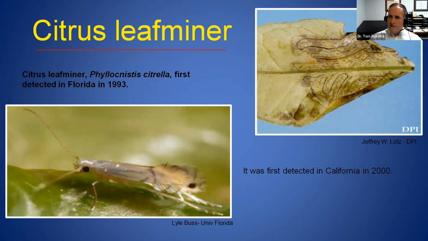After that, it was 1993 when the citrus leaf miner came into the picture. It took another 7 years before it came to California in 2000. But obviously, this is just a classic leaf miner attacking a leaf. It can attack not just an orange citrus tree, but of course, it can attack many other types of citrus as well. And this would then be moving on down. These are still chewing insects, though.